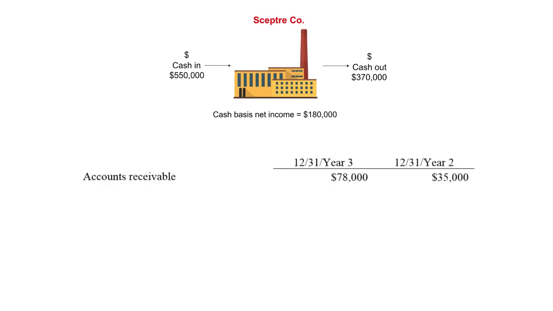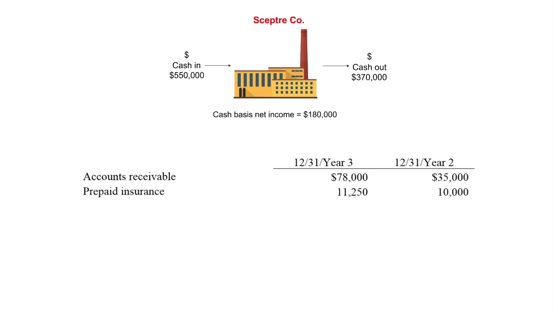You'll notice that in this particular case, accounts receivable went up. Remember, year 3, the current year, is there. Year 2 is on the right-hand side. Again, the examiners can twist those around. Be aware of that. So in this particular case, there's been a change in accounts receivable. That's probably sales that haven't been collected yet. So that's going to be added to the cash receipts to increase revenue under the accrual method.